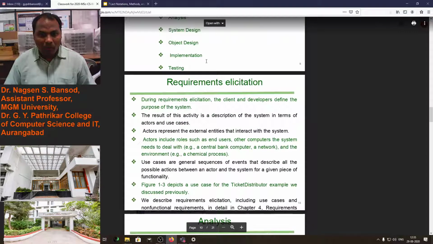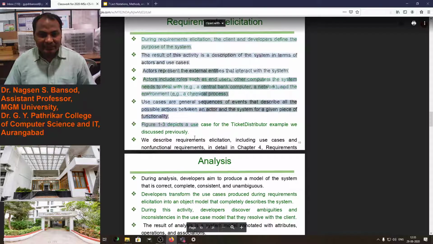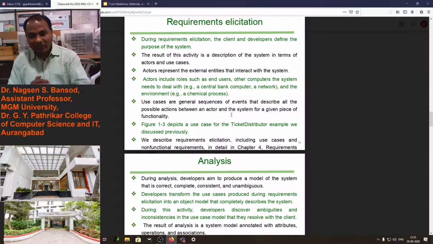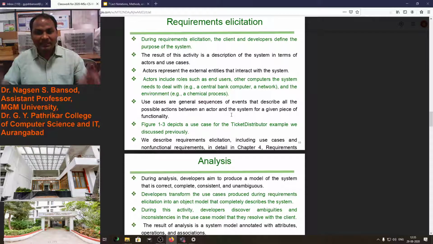Do you have any problem in requirement elicitation? We will elicit the information about the software development from the client. Suppose we are the developer, we will ask the client for information, and that information is the use case. Means how many functions he wants, how many computers he wants to operate, how many printers he wants to operate by our software, how many devices he wants to operate with the help of our software.